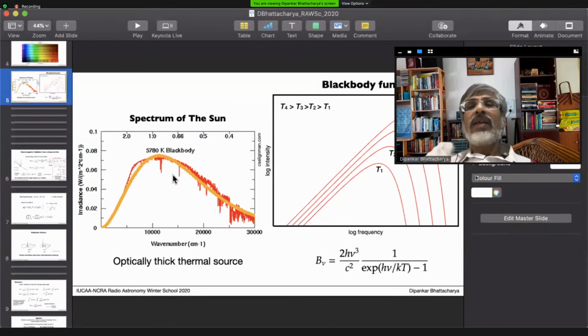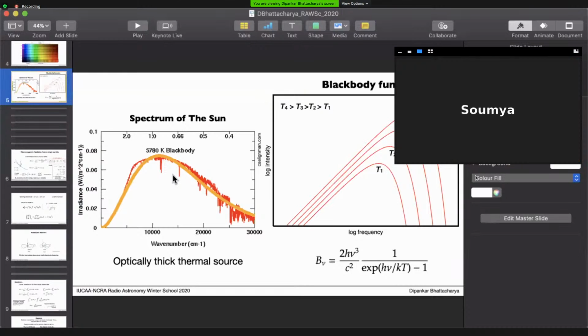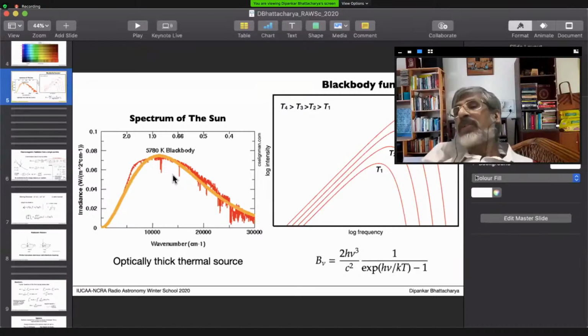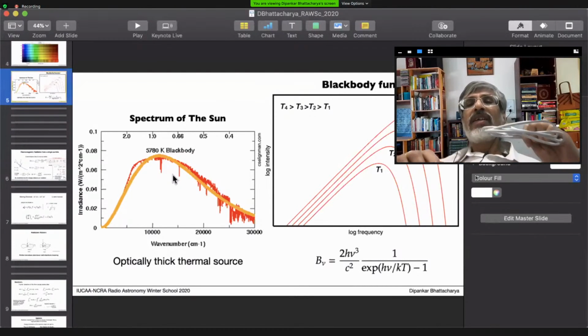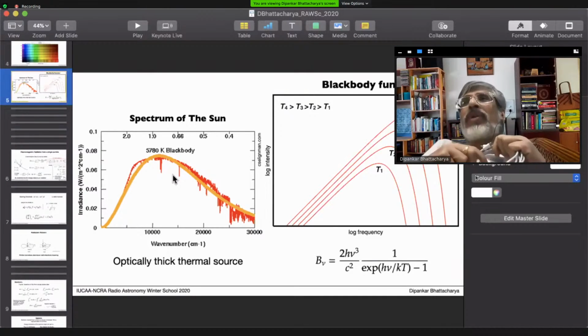Is that clear, sir? Yes, sir. I just missed one part, as you were saying that there will be variation as you encounter more material, the direct line of sight and the actual line of sight. Why is that happening? Geometry. If you look at something tangentially, you see more material for a given distance, as opposed to seeing it normal. It's just geometry. Yes, got it. Thank you, sir.